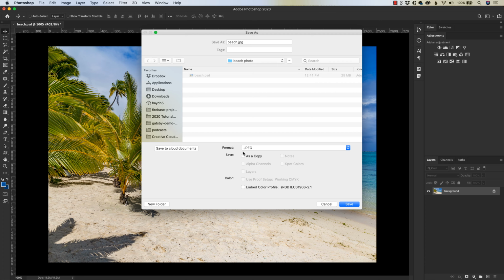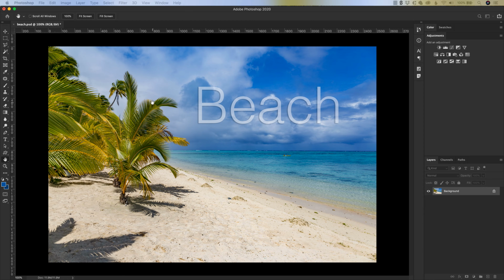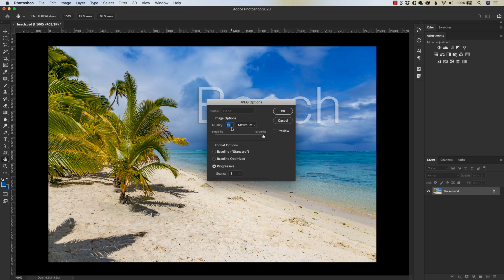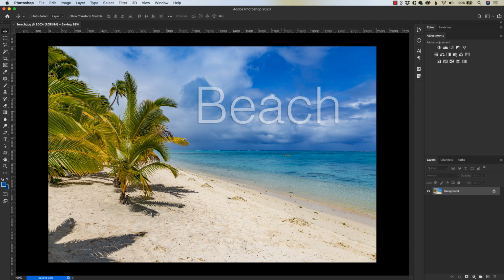That's great. However, I'm now saving a copy that I want to work on. So if I save this beach JPEG and I say save, well, let me move the JPEG area up here. Now its quality is 12. I can increase or decrease this, however big I want to make it. And now I'm no longer working on my Photoshop file. This beach.jpg area has now changed from beach.psd. So unfortunately, I'm now working on a copy. What I really want to do is I just want to export the JPEG, but keep working on the Photoshop